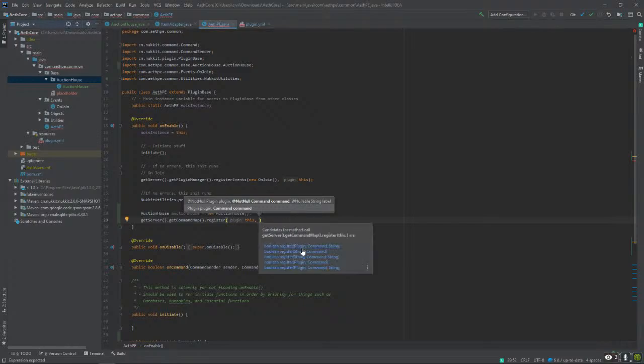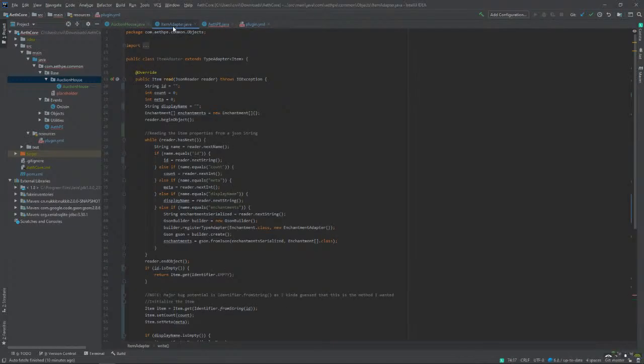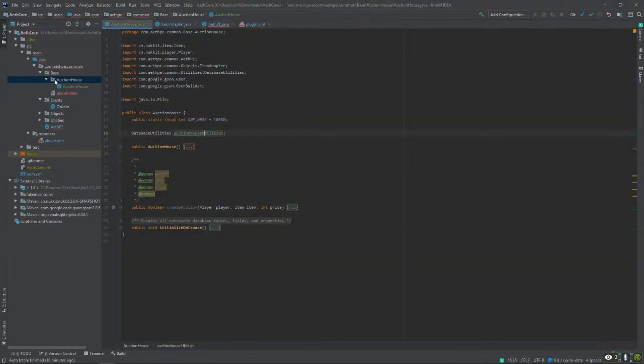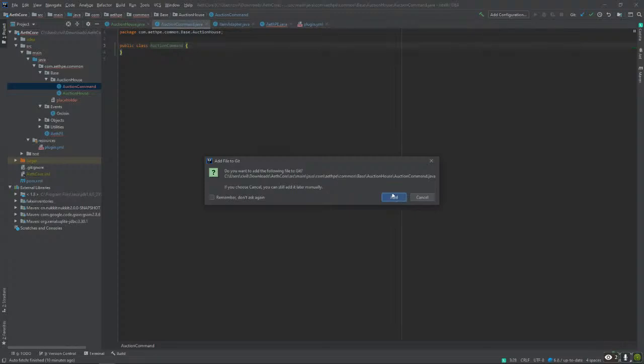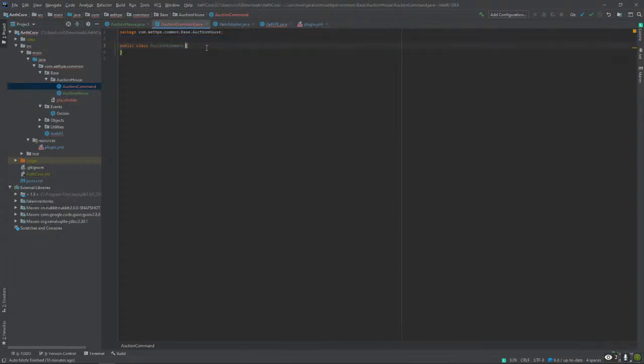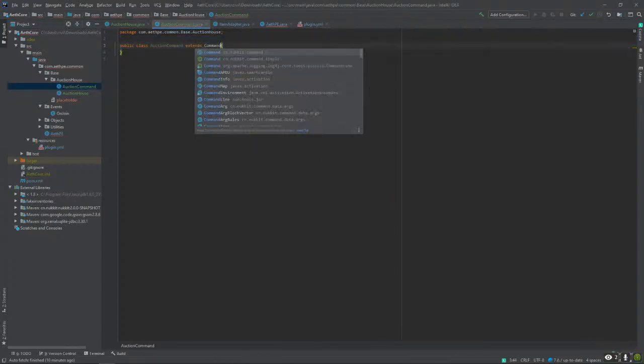Control Q. All right, so I can do it that way. Auction commands extends command.